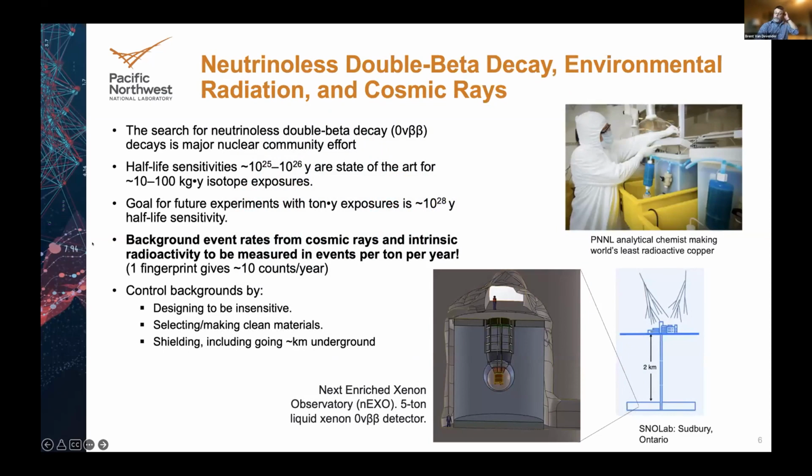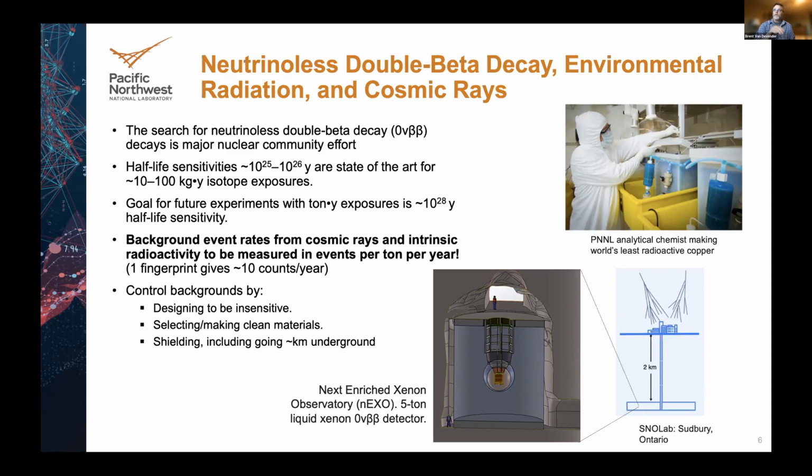So that's extremely important. It's actually one of the biggest efforts in the field of modern nuclear physics. It's an international effort to search for this rare decay event. Searches have been conducted in the past, coming up empty so far. They are able to set half-life sensitivities on this rare decay of at least 10^25 to 10^26 years. For reference, the universe is 10^10 years old. And so we're talking about things that live on average longer than the universe.